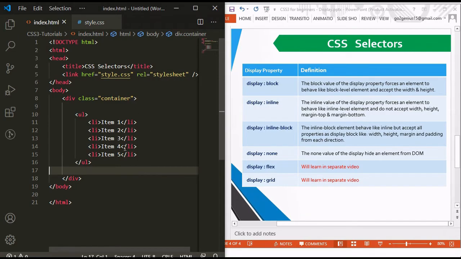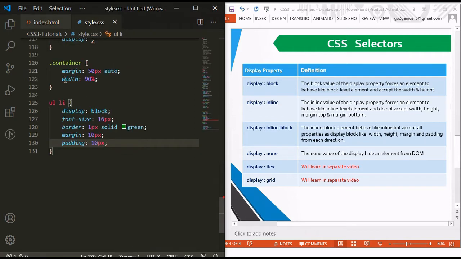So now this is our editor. Here I have taken the UL element and some li elements inside this UL element, and I have also written some CSS for the container div and this UL li.